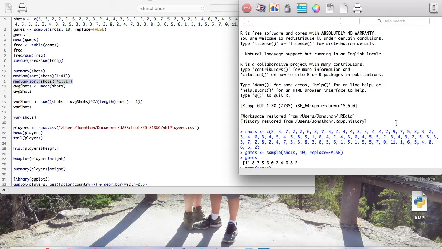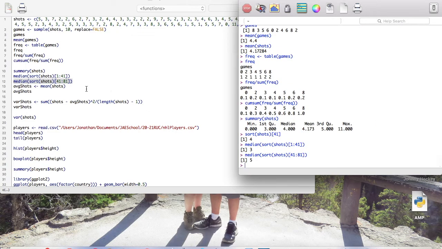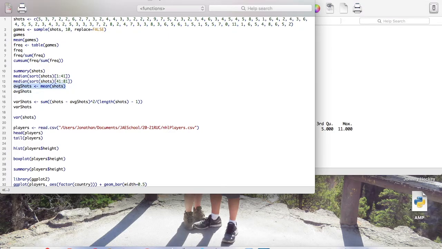So what we might also want to see is we know his average number of shots, but how much unpredictability, the formal term is variance. So how much do his shots vary from that average for a given game? And the way you calculate that is with what is called the variance. Okay, so